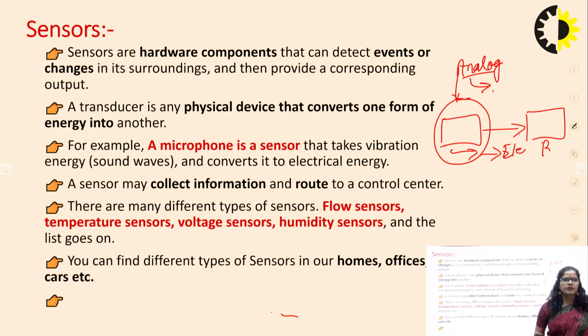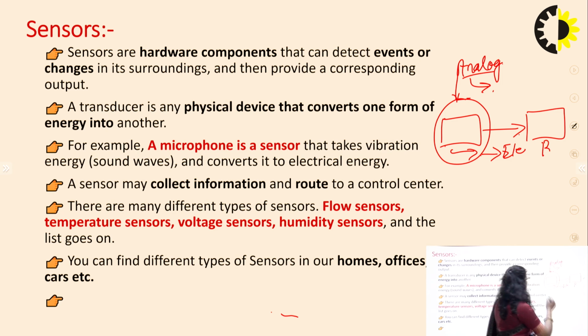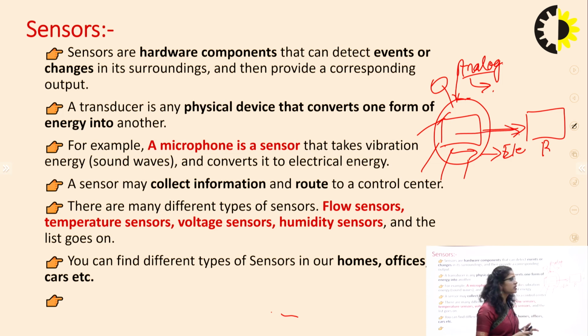electrical energy. Next we will understand that sensors collect information and route it to the control center. So basically, we have different kinds of sensors like temperature sensors, humidity sensors, air sensors, dust sensors, right? These sensors are used for getting information from the environment, and this information is carried out by the sensors, for some information